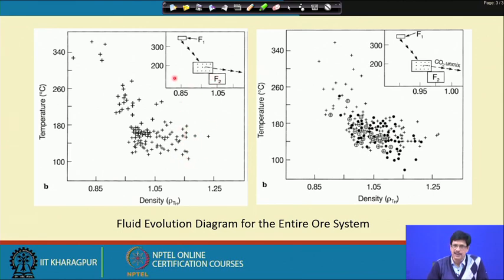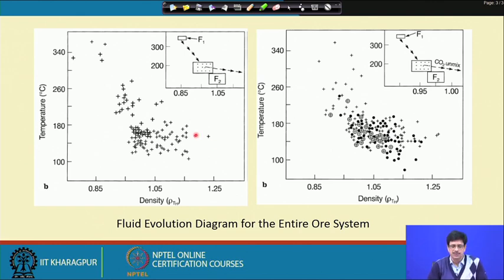That is what is visualized in this case. So, we visualize that it is because of the mixing of two fluids, one signature is of a low temperature, a low density fluid, and a moderately high salinity and moderately low temperature of the order of 200 degrees or so, because these are pressure uncorrected. So, this is the picture that could possibly best explain the scenario. Now, if the two fluids are mixed, if this is the mixing domain, then how is it that we are getting fluids of higher salinity also in this situation?